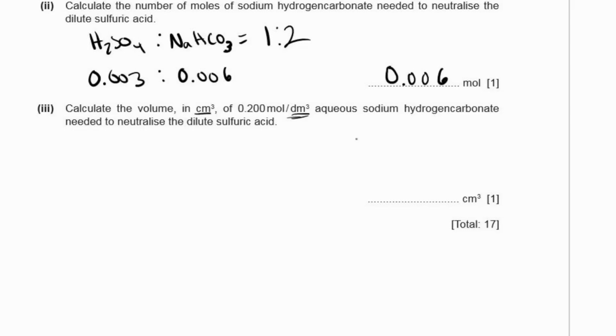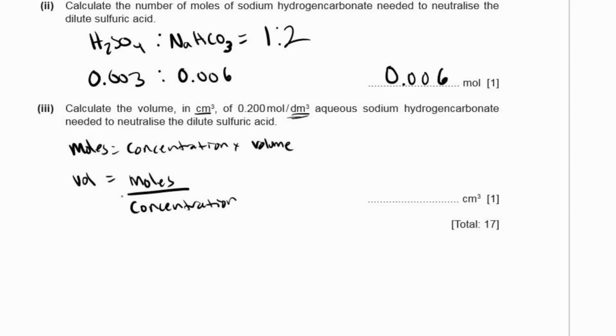And 3, calculate the volume in centimeters cubed of 0.200 moles per decimeter cubed of aqueous sodium hydrogen carbonate to neutralize the dilute sulfuric acid. Now this exam is really testing your knowledge of converting between centimeters cubed and decimeters cubed. There's a lot of marks hanging on whether you can do this conversion, so make sure you know that. The formula to use is moles equals concentration times volume, and you're looking for volume, so volume equals moles divided by